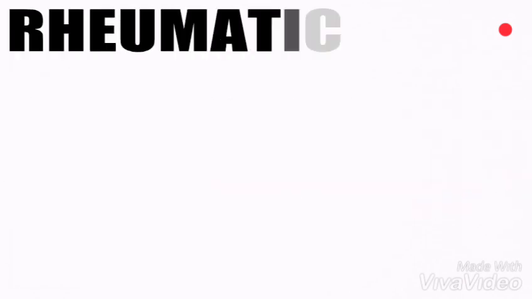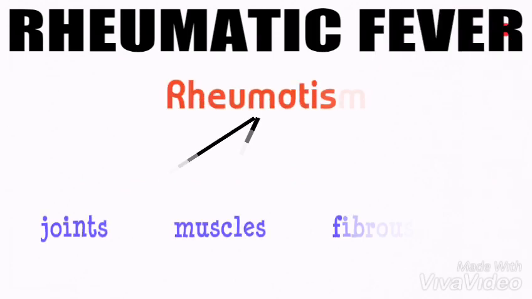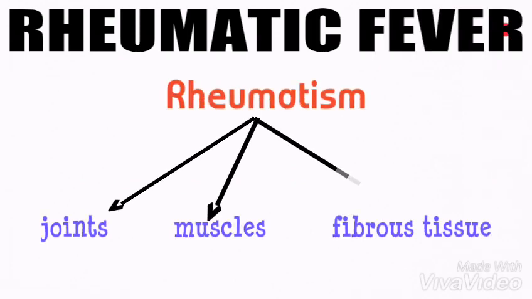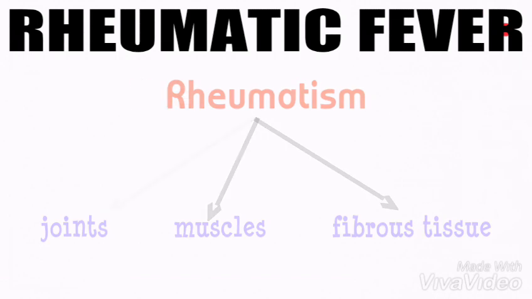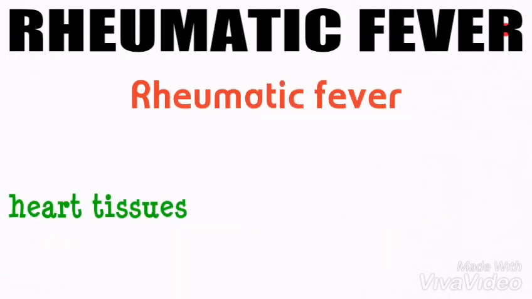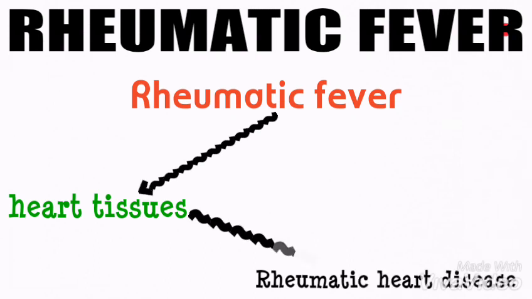Hi everyone, today's topic is rheumatic fever. Rheumatism is used to describe inflammation of the joints, muscles, and fibrous tissues. So rheumatic fever is a type of inflammatory disease that can damage the heart tissues and can lead to rheumatic